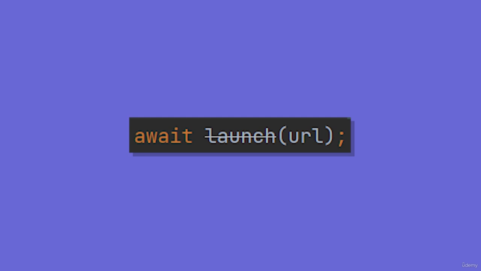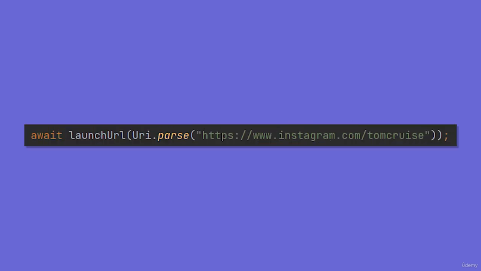So instead of simply typing launch, you need to write launchUrl, and then in brackets you have to write Uri.parse, where you're going to give it the URL. Make sure to always use the launchUrl instead of launch, exactly how I showed you in all the future